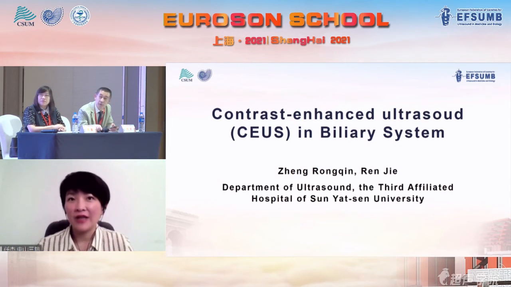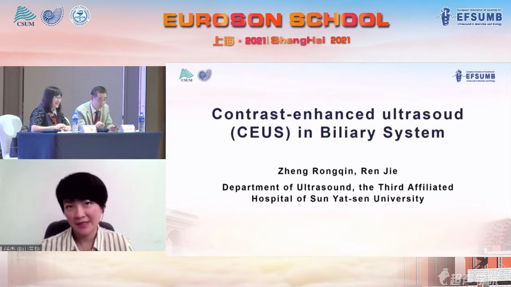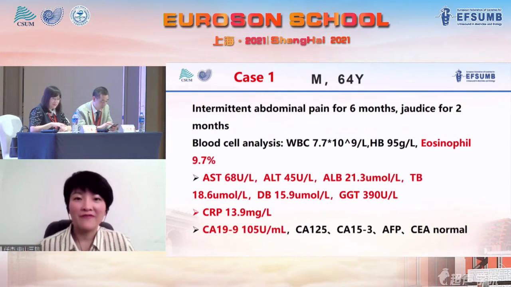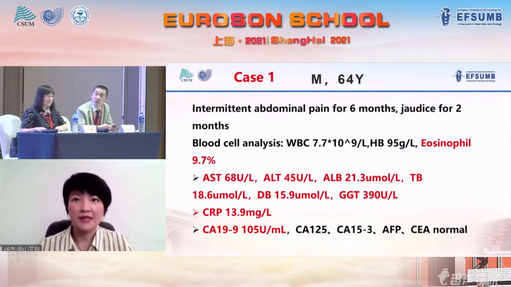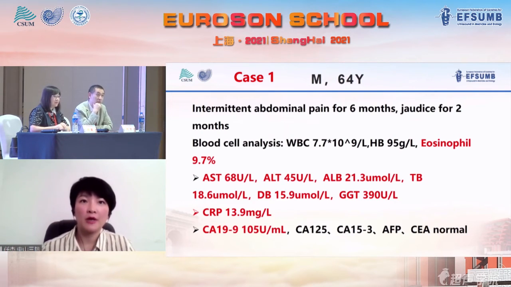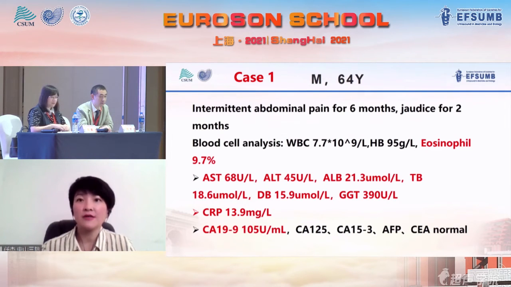Now we have another case to help us better understand the clinical application of CEUS in the biliary system. This case is a 64-year-old male with intermittent abdominal pain for 6 months and jaundice for 2 months. Laboratory tests showed a slight elevation of transaminases and a significant elevation of